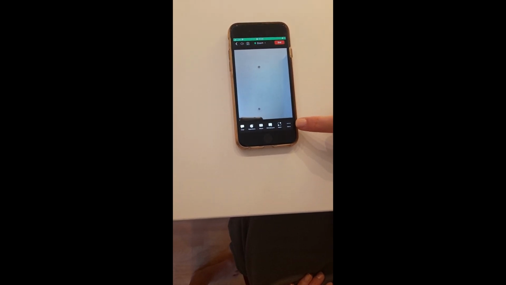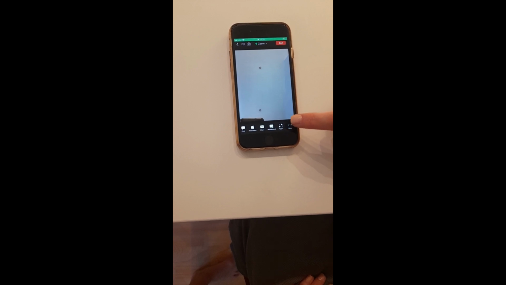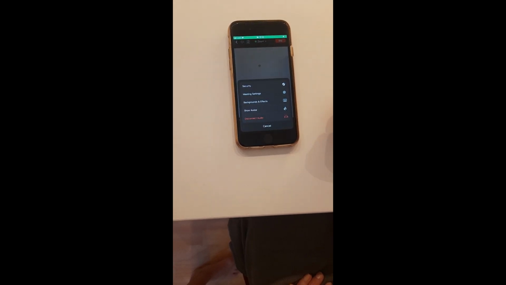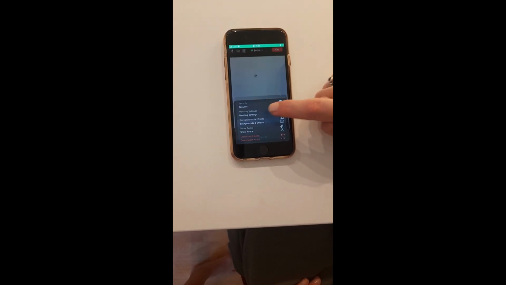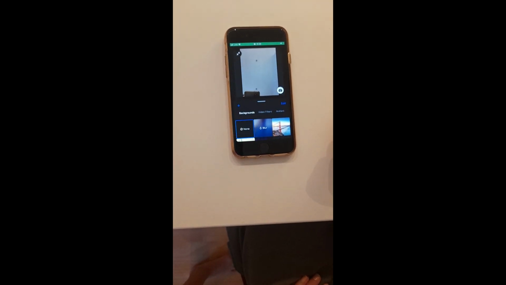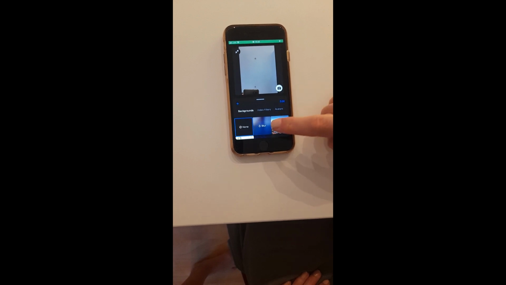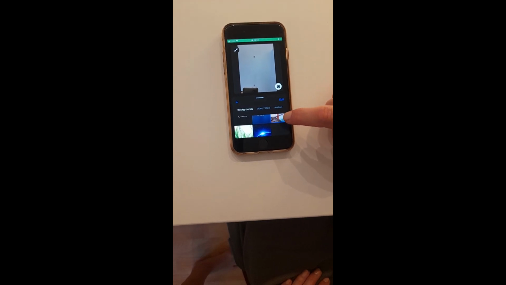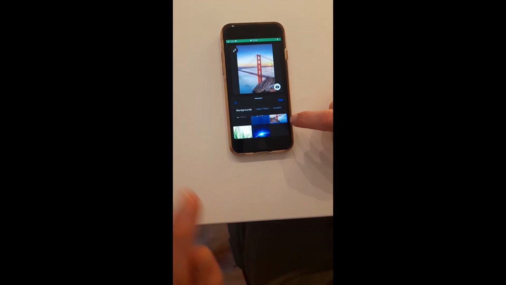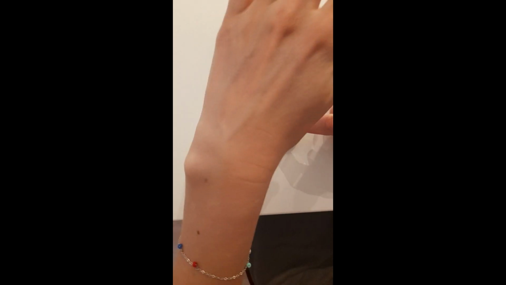Click on that with your finger. You'll see a few options. Just click on the one that says background and effects with your same finger you've been using this whole time. Then you can see yourself up here and test the different backgrounds you want by just clicking on each one with your finger. When you found the one that you do want,